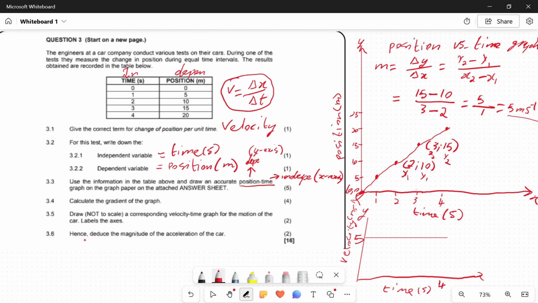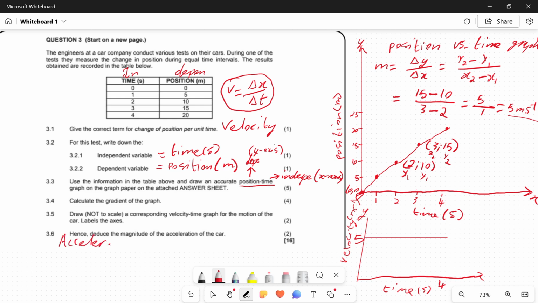Now move on to the last question. It says, hence deduce the magnitude of the acceleration of the car. What do we know about the magnitude of the acceleration, guys? We know that our velocity is constant. What did I say about acceleration? If we have constant velocity, that means our acceleration is 0. So here when we deduce, we'll say that